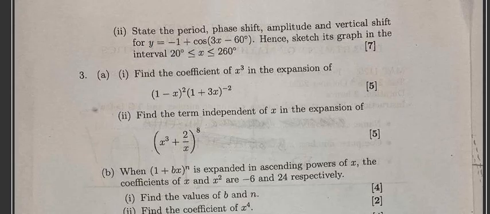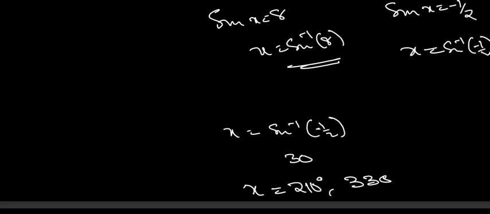Then look at the next part here. They're saying state the period, the phase shift, and also the amplitude, the vertical shift. Then we sketch this, right? So I know for this academic year, I was told the part for the phase shift is no longer included, but let's just do it because it's the same thing. It's just something very easy. So question 2, part C2. Question 2. There's y is equal to negative 1 plus